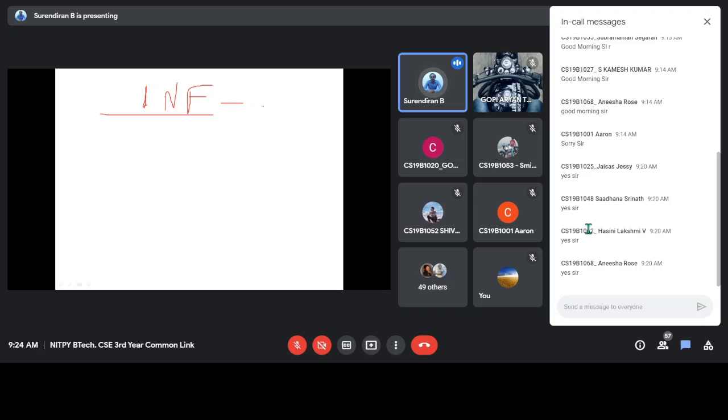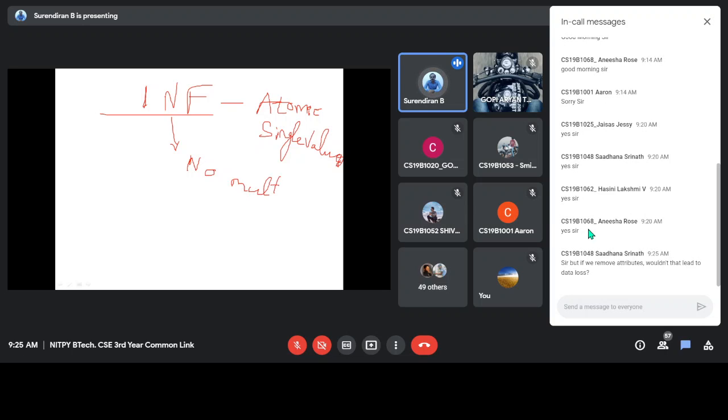So it should be atomic. First normal form says that the attribute should be atomic and single valued. Okay, so that is the first normal form. And we also should not have composite attributes. It should be split up, I mean, there is no multi-value. Nothing but we can see that no multi-valued.